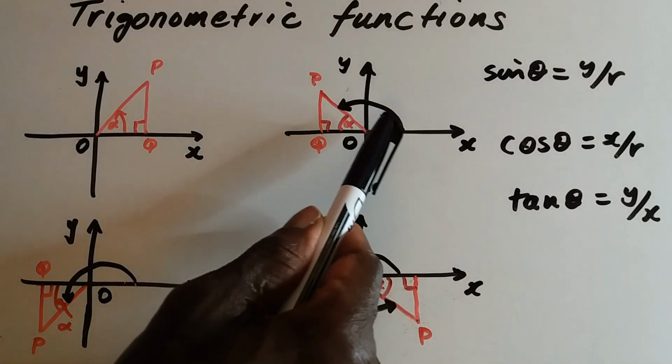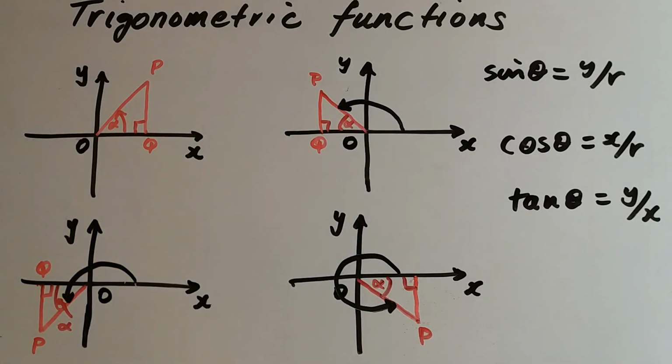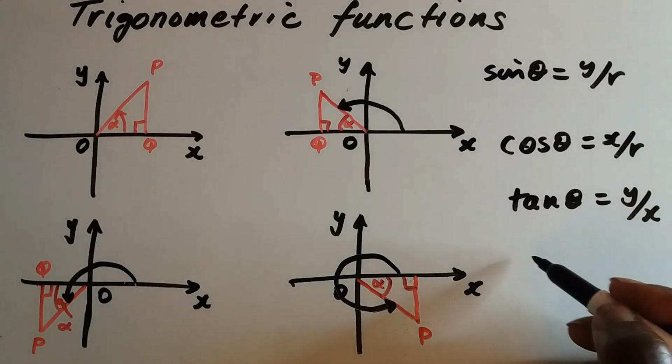Theta is this angle made from the x-axis to where OP is. Alpha is called the associated acute angle. So it's associated with a particular value of theta. So we call that the associated acute angle alpha. And the value of alpha for a specified value of theta is the difference between